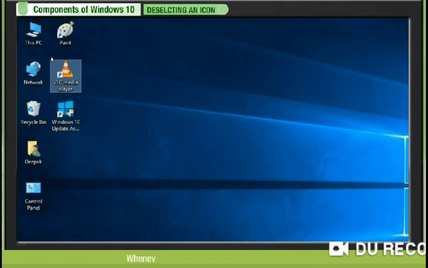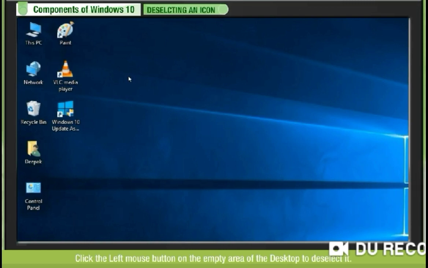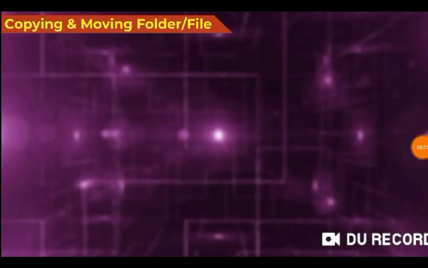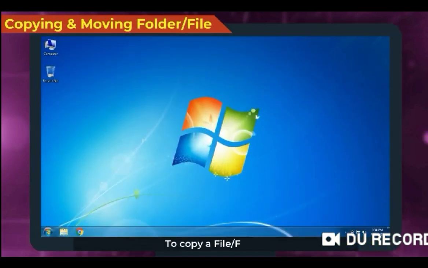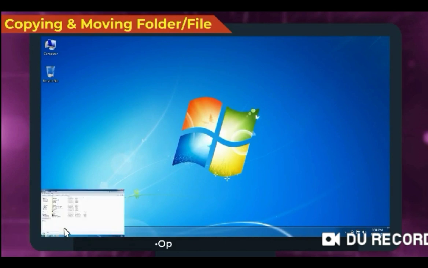How to deselect an icon? Whenever we select an icon, it gets highlighted. You can see here it is highlighted in blue. Click the left mouse button on the empty area of the desktop to deselect. Copying and moving a file or folder: if you want to copy any file, you will just open File Explorer.